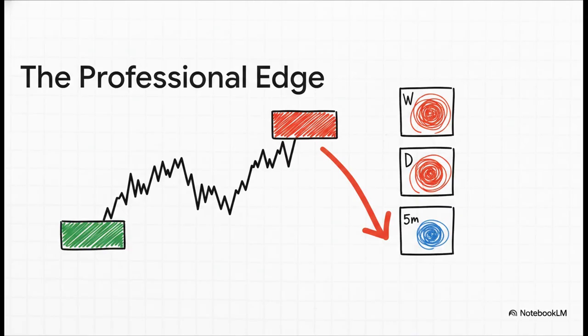So what does all this add up to? A professional edge. By using smart money concepts to spot these institutional order blocks, you get insight into these powerful, hidden levels of support and resistance. And by adding in multi-time frame analysis, you make sure you're not trying to take a short-term trade against a massive long-term trend. It's the ultimate check. You're making sure you're swimming with the current, not fighting against it.